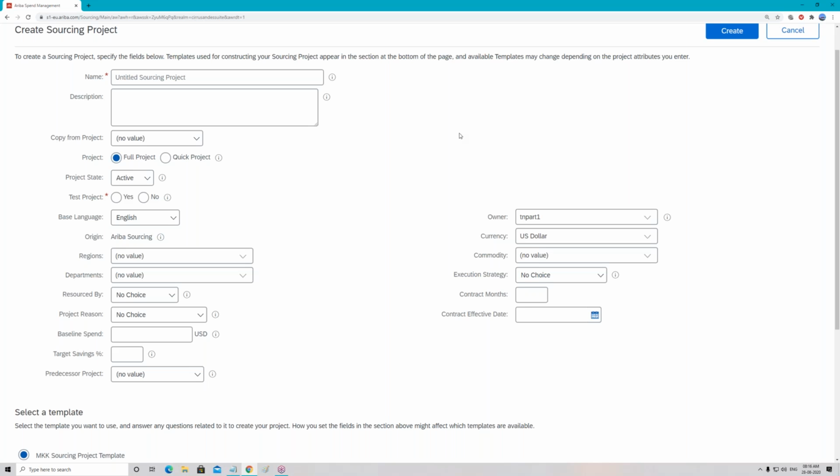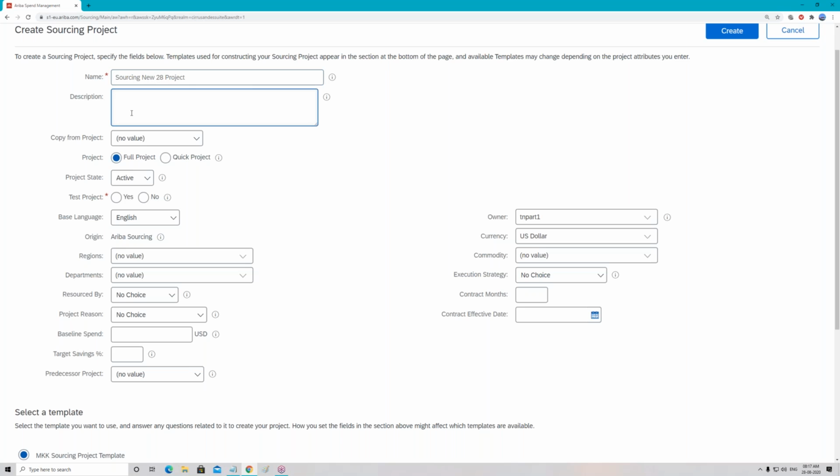Okay. Now, let us try to understand a few points. First is name. We will just give a name like this, just a name for your sourcing project. In a real-time scenario, the end user will give a name like procurement of laptop, or procurement of this thing or that thing. But since this is a process flow which we are going to understand from a functional point of view, we are just giving a test name.